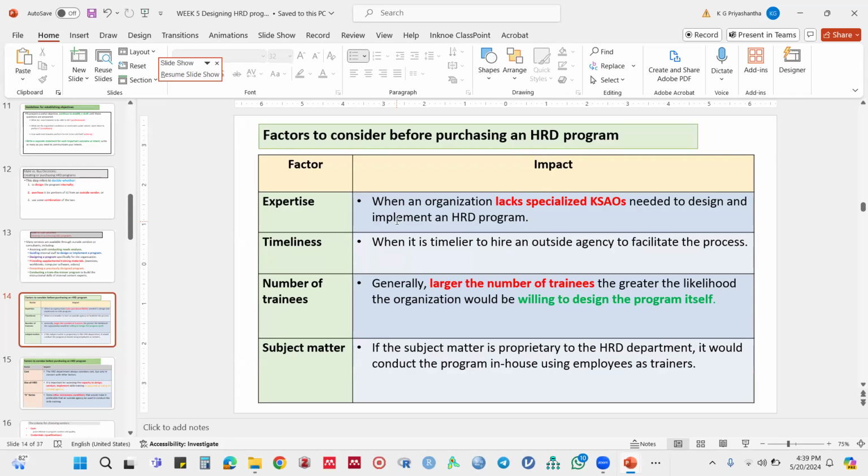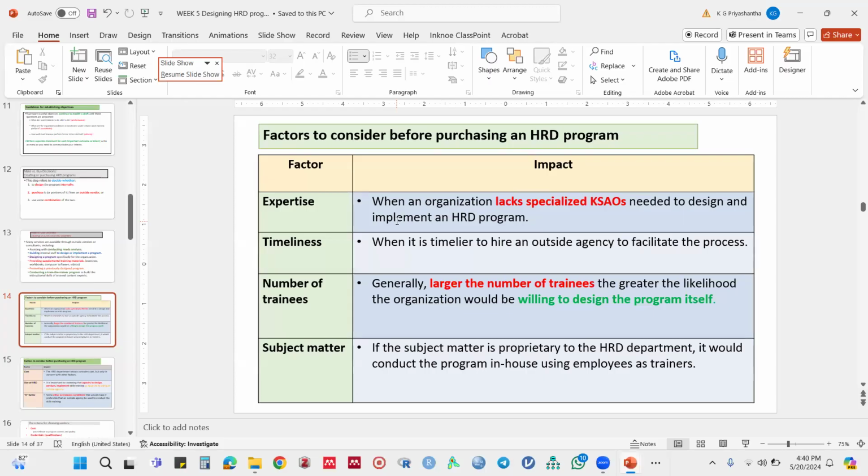But in case it is HR related, HRM related, the subject area comes under the competency of the HR department. Obviously, HR department people can conduct the HRD program. Let's say, for example, a production department having 20 engineers. The engineers of this department show that they are lacking the basic engineering skills. Now, in this case, can the HR department train engineering skills to the engineering people? No, we can't, because we don't know. We are not expert on that area. So in that case, obviously, the HR department needs to purchase a relevant engineering skill related HRD program from an outside vendor,